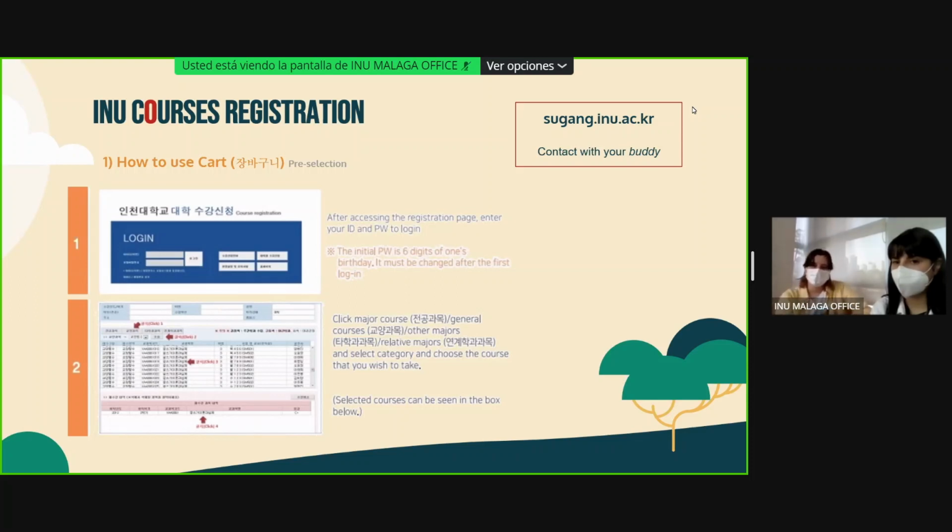As it says in the names and the presentation, there are major courses and general courses, with different options for your different majors, and there are also Korean courses.